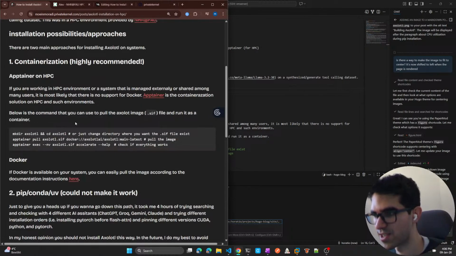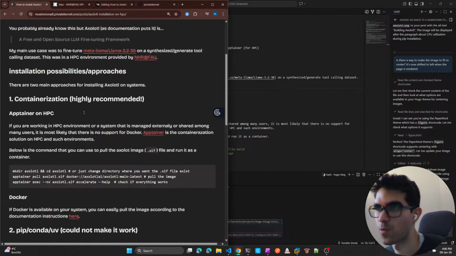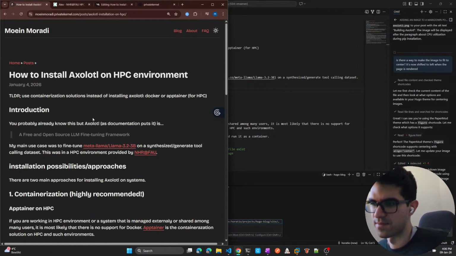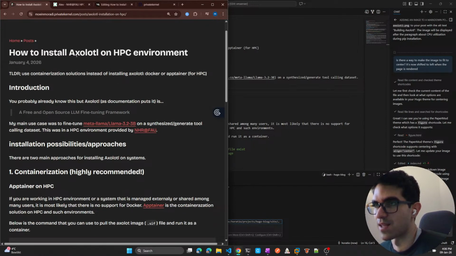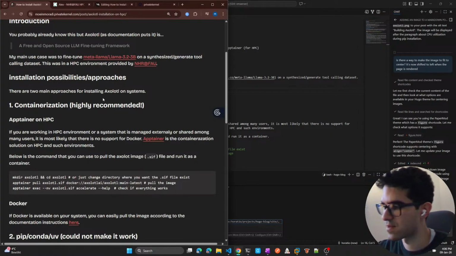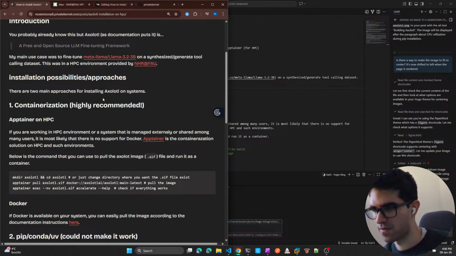The series, I changed it to just writing about some work experience and stuff. For example, the blog post that I just wrote was about installing Axolotl on an HPC environment, because for me it was painful. I was trying to install it for 5 hours or so, and then all of a sudden with just a container, it was done in a couple of minutes. In any case,